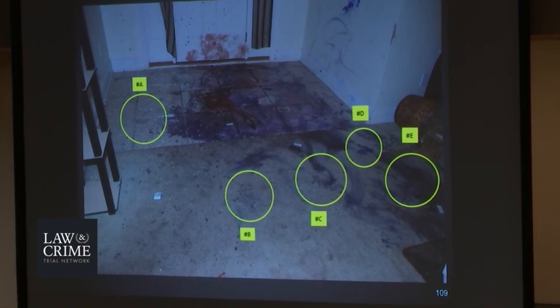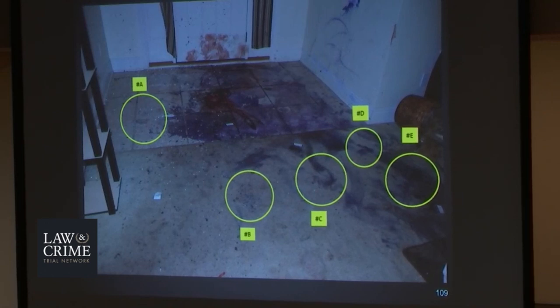Okay. So because we don't have complete footwear impressions for each of these, you can't rule out the possibility that some of them are from the same, but what you're saying is that there's different patterns for each one of these? There are, and we'll see that in the close-up photographs. Okay. And based on your experience, what do different patterns amongst footwear impressions most commonly indicate? Well, if you have multiple different patterns that are